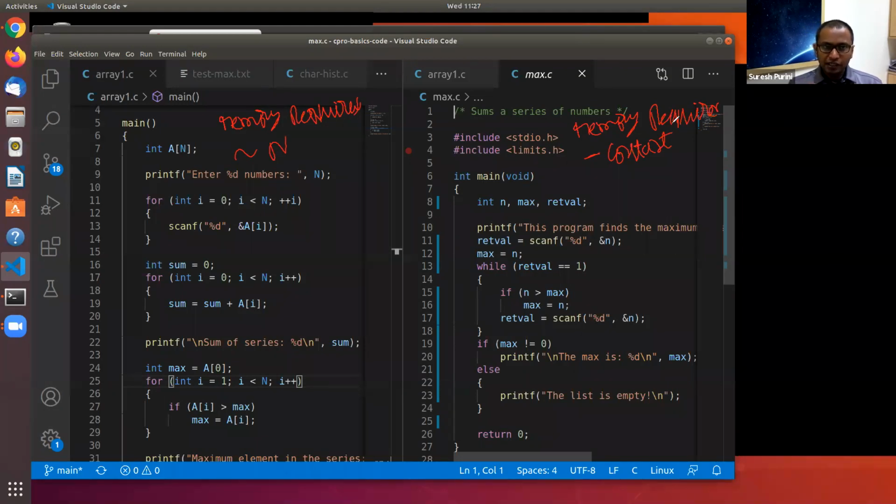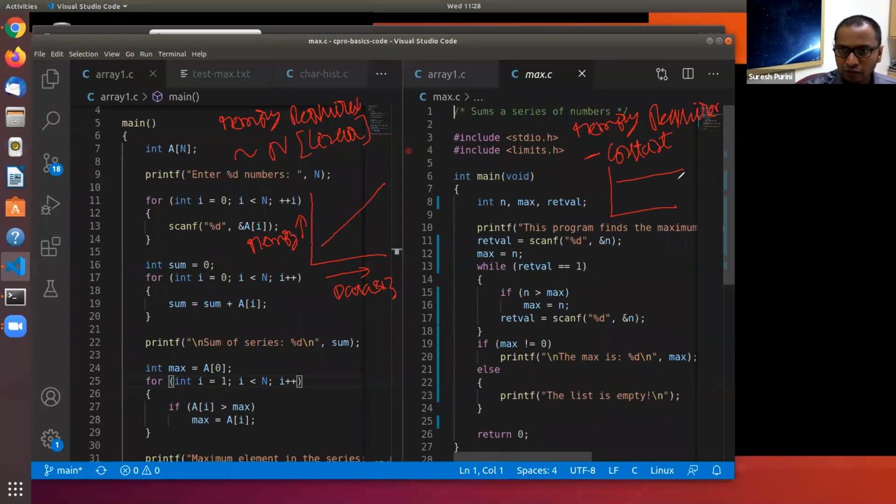Are you all with me here? This is constant memory requirement versus linear memory requirement. This is what is called a linear memory requirement. Linear means as the size of the data increases, the memory requirement also increases. Like for example, if this is the graph, this is the data size, and as the data size increases, this is the memory requirement, then it goes like this. Whereas here, it will be like this.